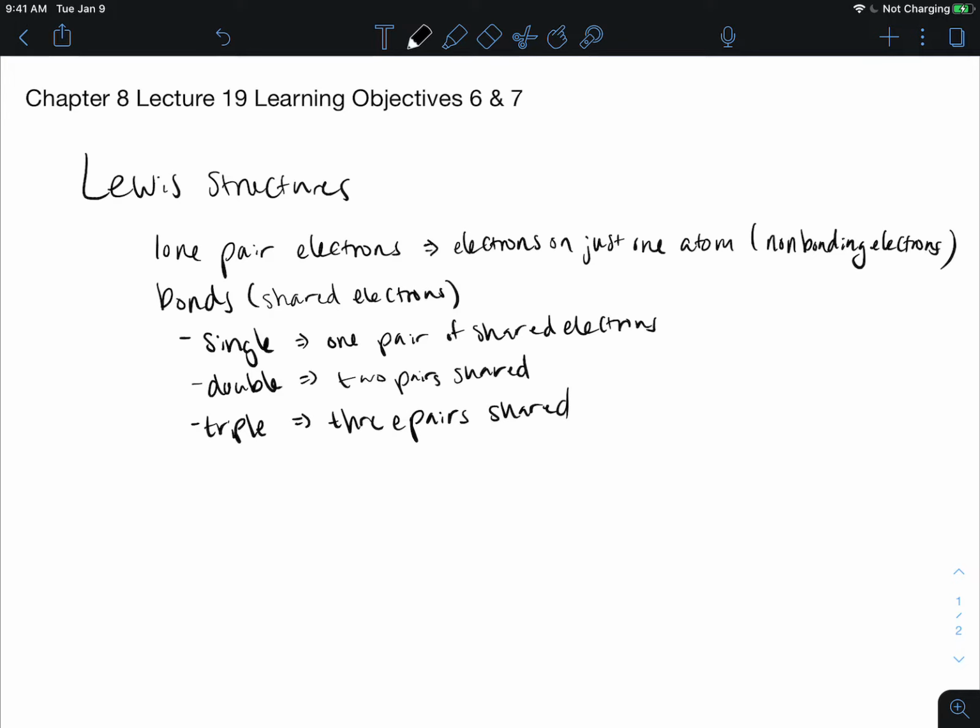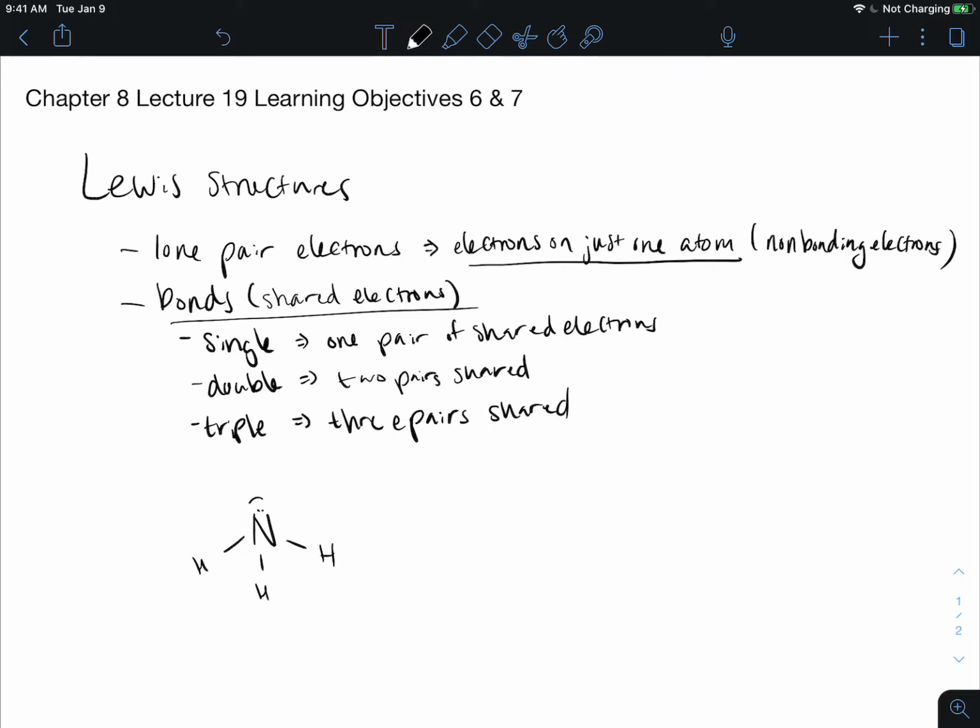Okay, so with our lone pair electrons, these are on just one atom. The bonds, however, are going to be shared between two atoms. So it's important when we're talking about the idea of formal charges to understand the difference between these lone pair electrons and these shared electrons. So when we have a structure such as NH3,